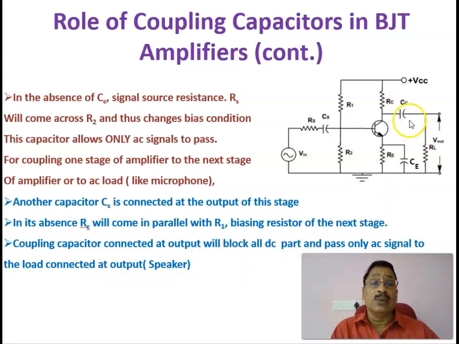As I already told you, here you see the amplified version of the signal plus a DC shift. You don't want that DC shift. That is why we have to remove the DC. That is done by this coupling capacitor at the output side, CC, and the AC amplified version of the signal is passed through this load, maybe the loudspeaker. If it is a microphone at the input side, that will be amplified and given to the speaker. That is the function of this coupling capacitor at the output side, CC.